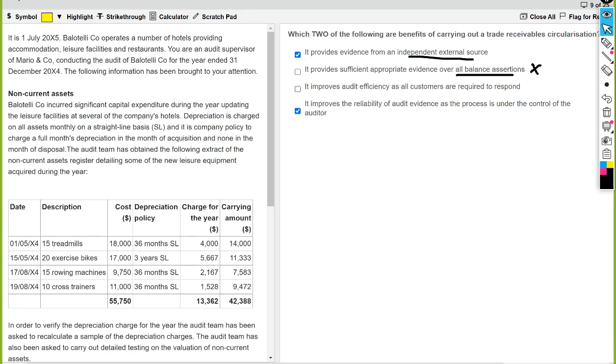So, providing sufficient appropriate evidence over the balance assertion is not correct. Improved audit efficiency means saving audit cost because all customers are required to respond? No such thing. It's very reliable because it's under the control of the auditor. Yes. Okay, straightforward. And lastly,